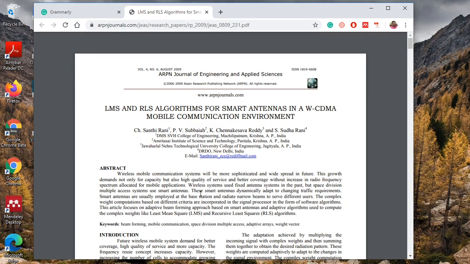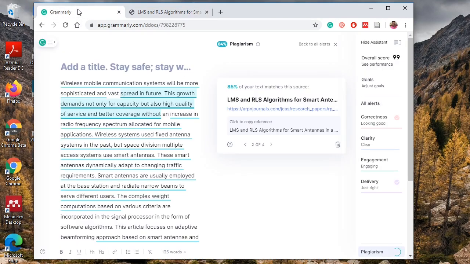I have taken this paragraph and checked whether Grammarly is working or not. So, dear friends, we should not copy from other documents. If you copy, it is called plagiarism. So this app or tool is very useful to all researchers who are doing MTech or PhD.